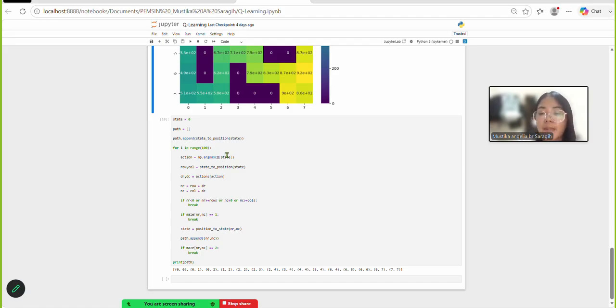In conclusion, the neural network practicum demonstrates how to build a classification model through data processing, model training, prediction, and evaluation. Meanwhile, the Q-learning practicum shows how an agent can learn the optimal path in a maze by interacting with the environment and updating its Q-table. Overall, both practicums provide a better understanding of supervised learning and reinforcement learning, as well as their application in solving different machine learning problems.